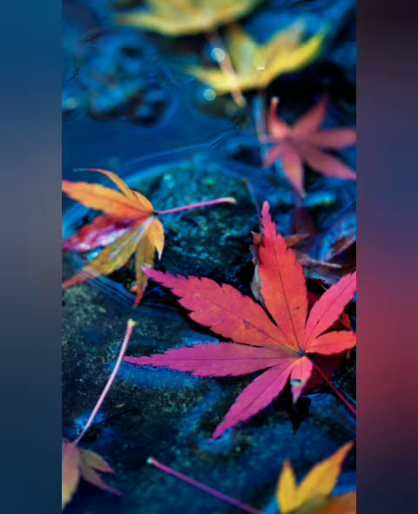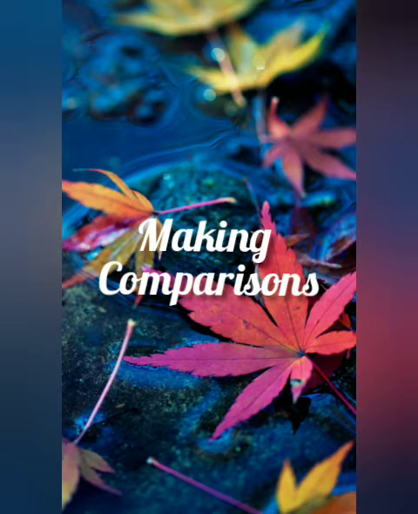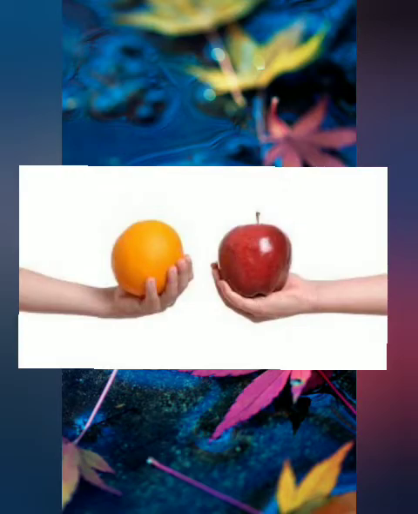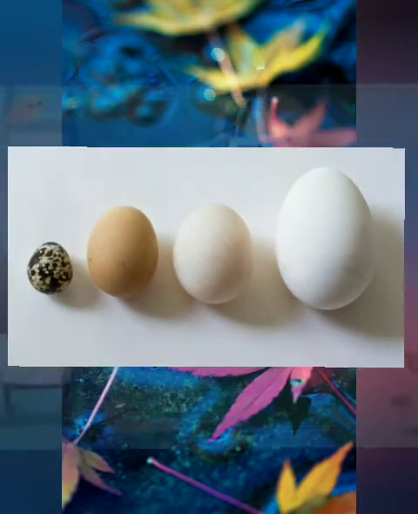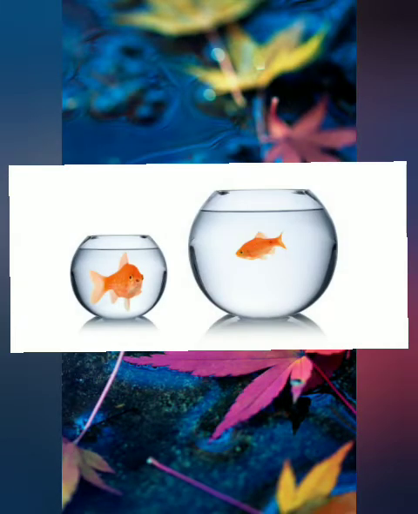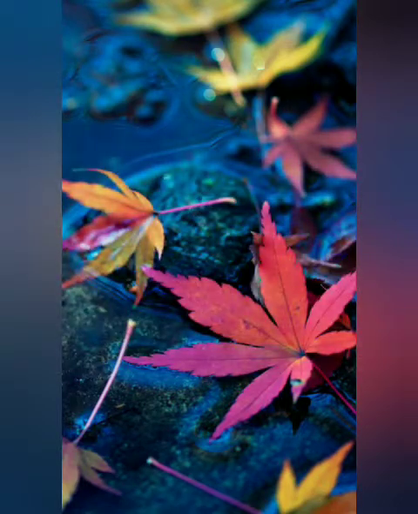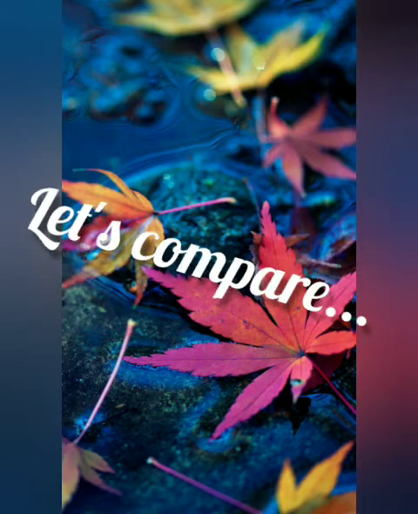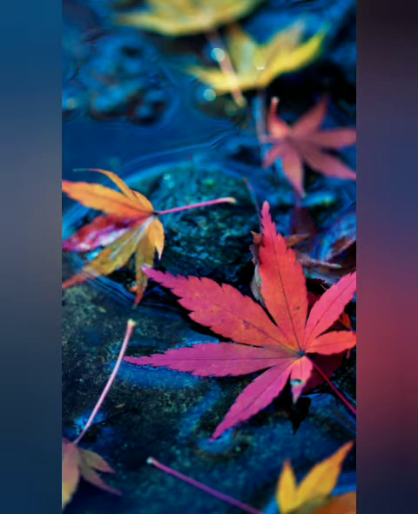Today let's learn how to make comparisons. In our day-to-day life, we compare many things. We compare the things we see, we compare the things we buy, and we compare the things we get and many other things, right? Then let's compare things. Before comparing these things, we are going to learn some more in detail. So today we are going to make comparison. Before that, let's learn the theory of this.